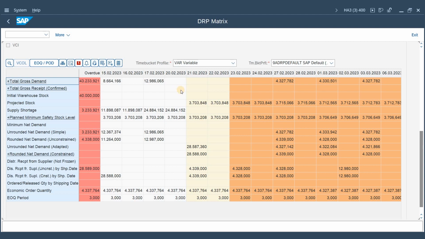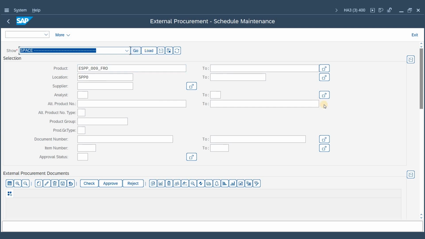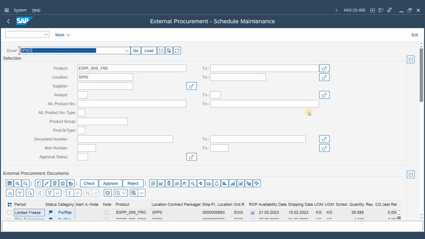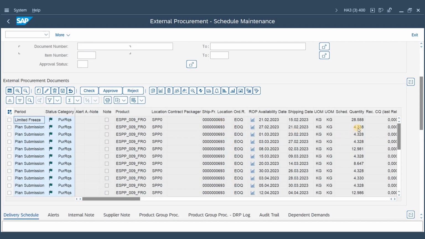Before we created the quota arrangements, we had only one vendor. And if we look into the schedule maintenance board, we do see exactly that. So we already have existing purchase requisitions for this single vendor, and all the materials are procured from this one.